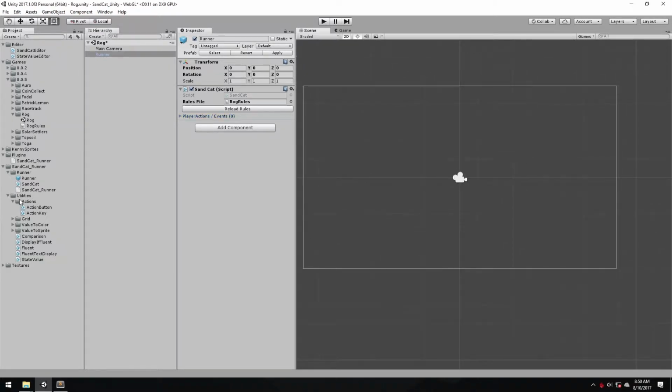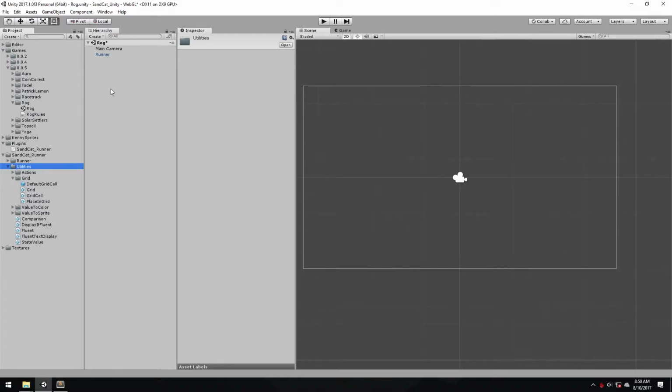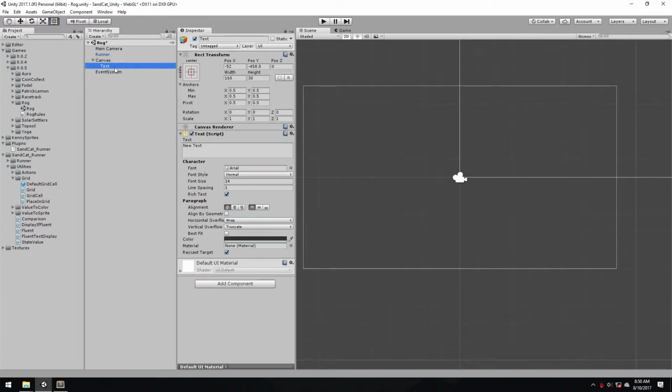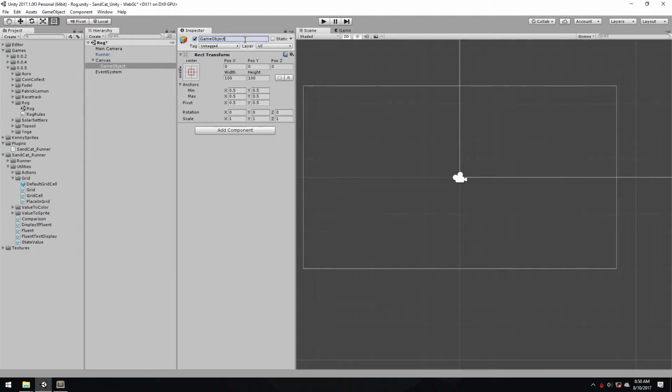I have a lot of little utility classes written up here in Unity that help you prototype stuff quickly, and something that comes up a lot is a grid. So we're going to create a text. We'll delete this. We just want the canvas. And then we'll create an empty for the grid, and we'll name it grid, and then we can drag this